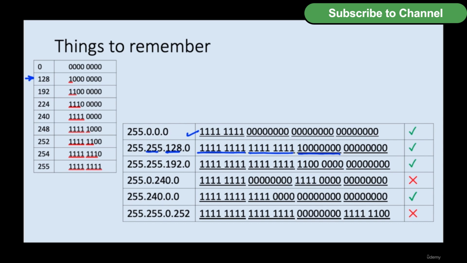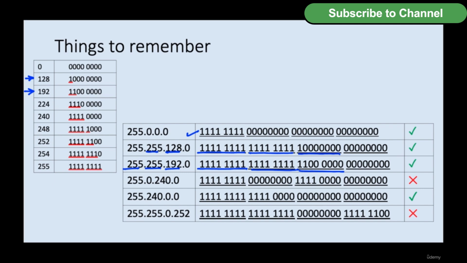255.255.192.0. 255, 8 binary ones, this 255, 8 binary ones, 192 is there. So yes, all ones are on the left hand side and all zeros are on the right hand side. So it is a correct subnet mask. And now the fourth row,